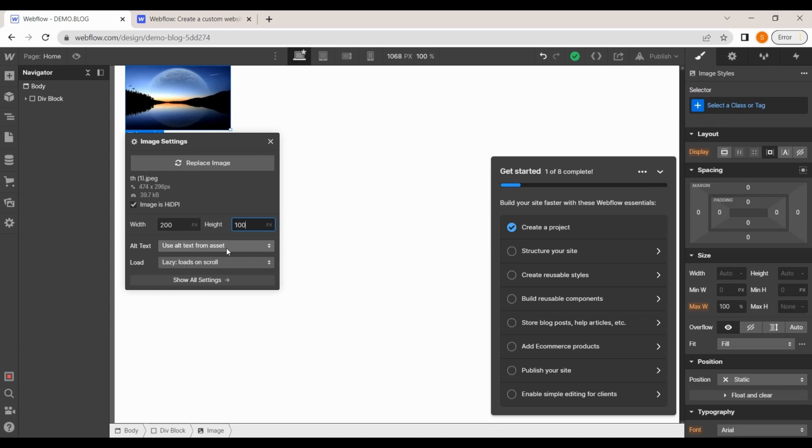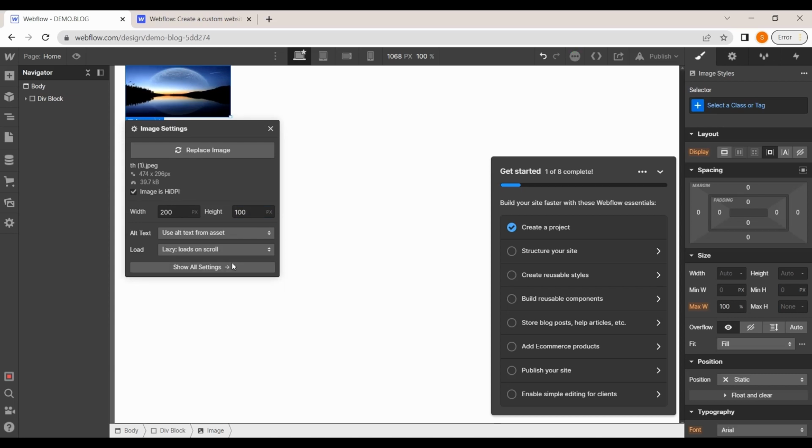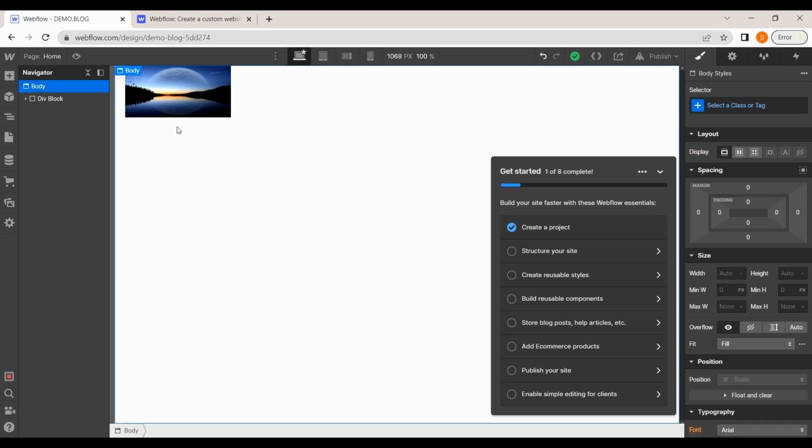Alternative text is a good way if you want to increase the SEO for the page also, and you can add animation to it so that it will load on scroll or load with page for no buffering and auto. It is already set to auto. So for that I will go with load on scroll, and that's all. You have added your first image,